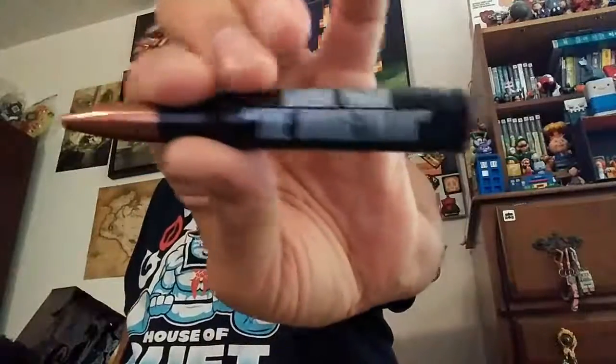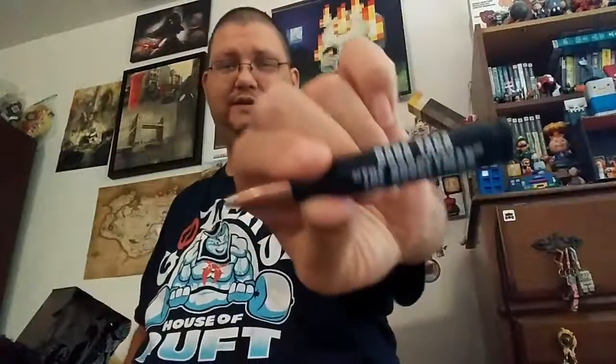Let me get it out of here so you can see it a little bit better. Again, I know absolutely nothing about John Wick. As you see the little notch right there, I thought maybe it would have been like a whistle, but yeah. So that's kind of cool, and it's a big, huge bullet. That's kind of cool on its own, regardless of what I've actually seen. But Baba Yaga,